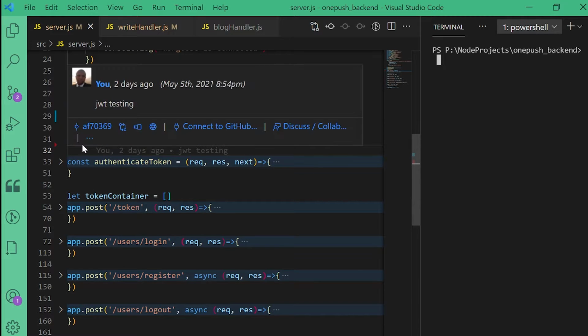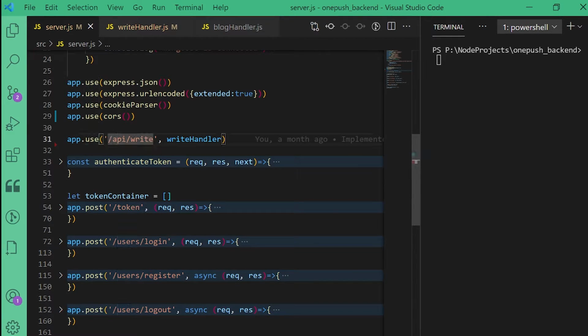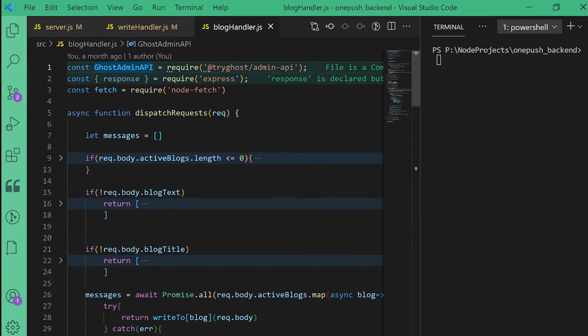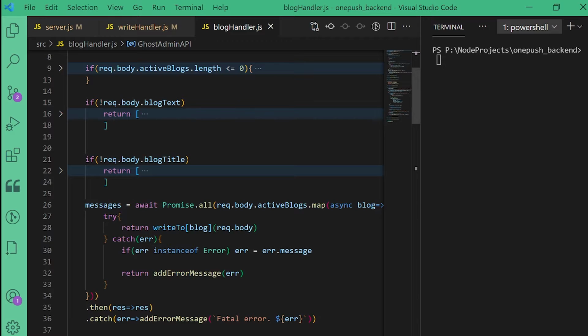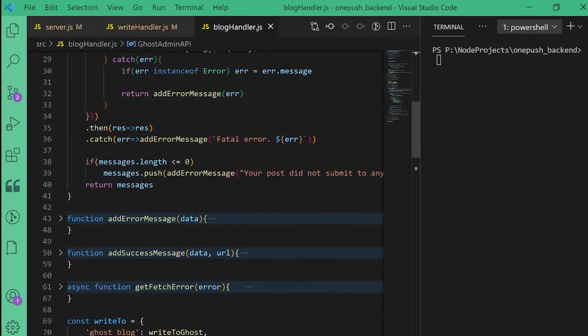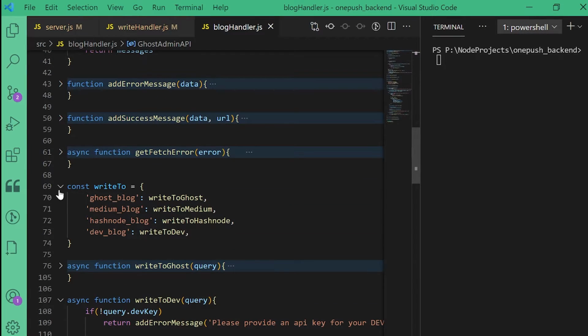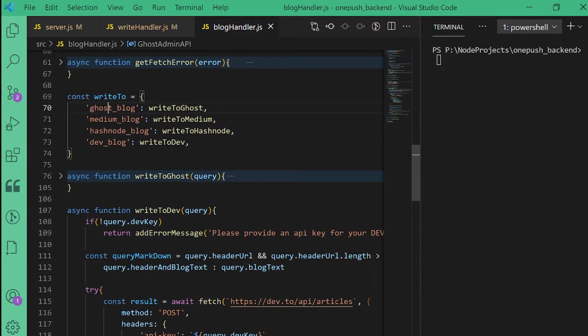When you make a post, you make a fetch request to the API/write endpoint, which takes you through to the write handler, which then calls a method called blogHandler.dispatchRequests. You get into blog handler, and now it filters through all the information that was sent in the REST API, and it sends that stuff. It uses a lookup table to send it through a method